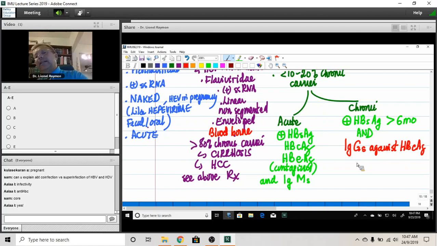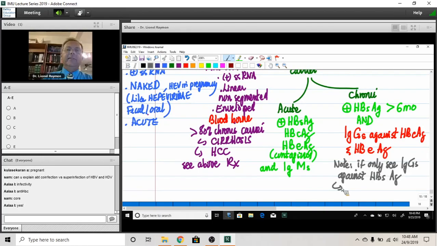So, by the way, as a note here, if you only see IgGs against HBs antigen, then that's a serology that is that of what? That's right, a vaccinated patient. All right,